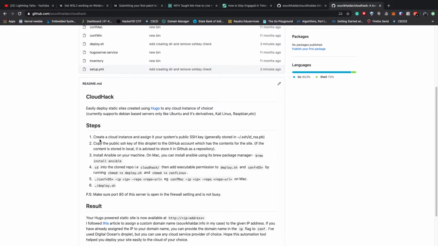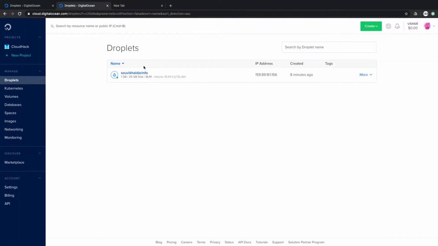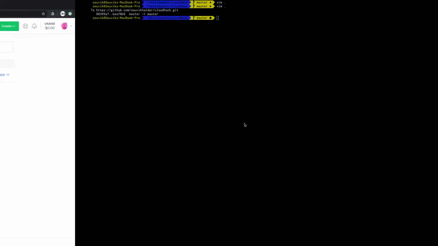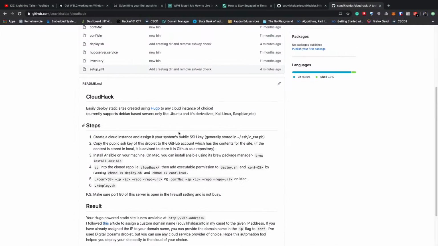So the first step is that you create a cloud instance. It can be anywhere, DigitalOcean, AWS, anywhere. But create it of type Debian. It can be Debian, it can be Ubuntu, any Debian based. So once you have created, here you can see I've created one on DigitalOcean. Then you have to make sure that